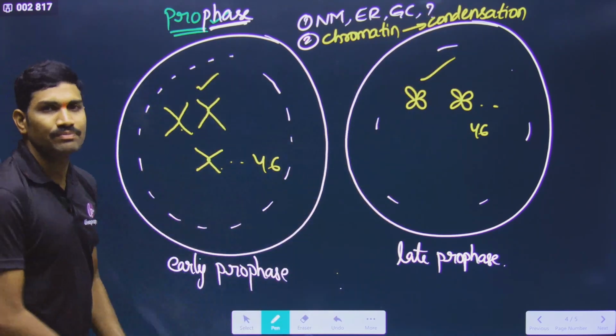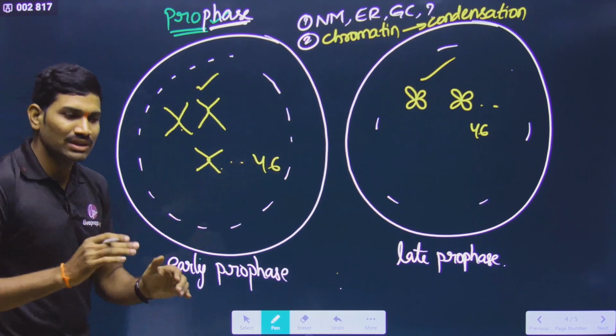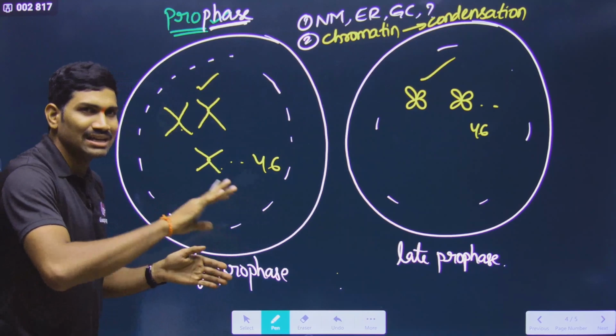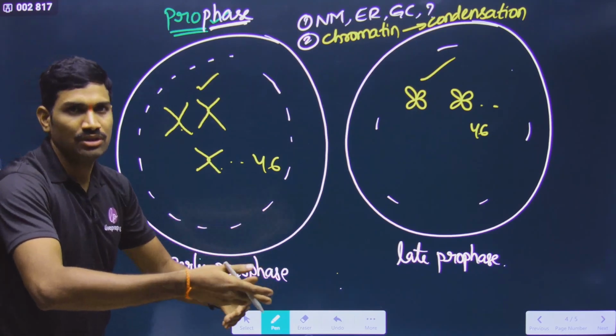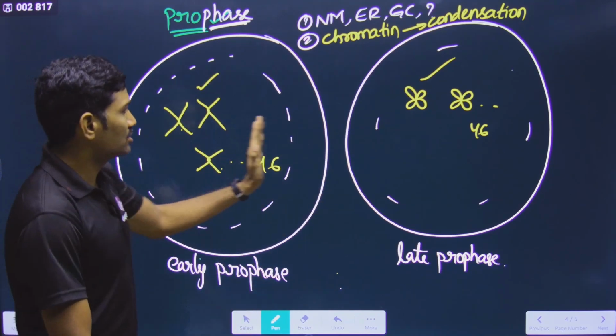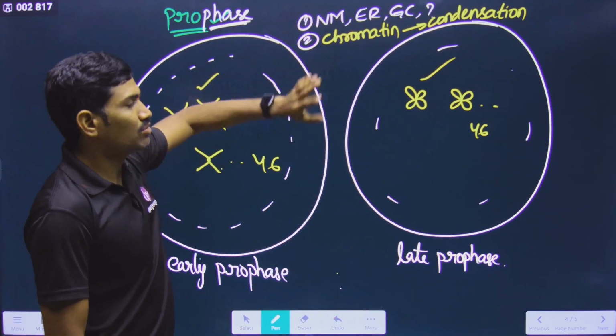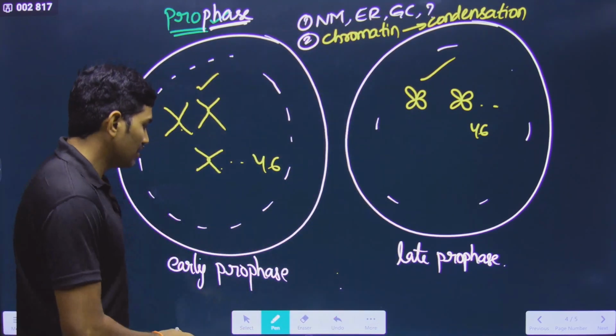So now you can start seeing them under the microscope. This is what they are saying. This is the point. This is the interlinking you want. This is what I am expecting from you. This is how you understand what happens step by step, so that it will become easy for you. Okay, this is what is happening to chromosomes. This point is over. The nuclear membrane and chromosome part is over. And the next point we need to focus on is